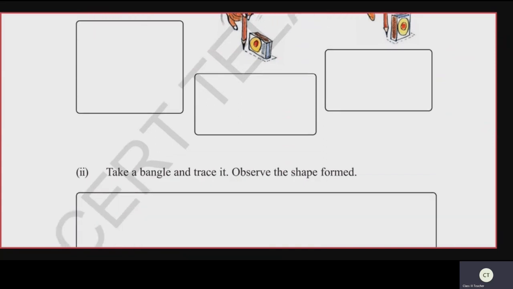Understood, children? Now you can try this activity not only with a matchbox. You take one coin, okay? Take one coin, 1 rupee coin or 2 rupee coin or 5 rupee coin, 10 rupee coin. Then trace, okay, children? Draw a line along its outer edge, then remove. Which shape can you see? Yes, circle shape you can see on the sheet of paper.